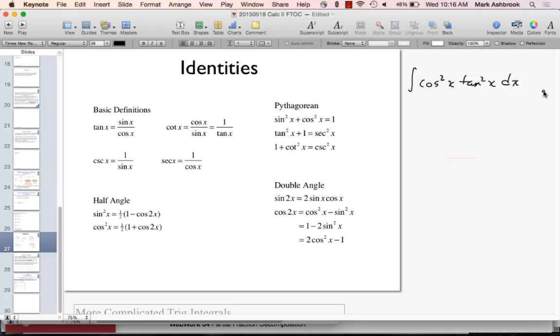So that's not good. So then what he saw was, oh, tangent is sine over cosine, so tangent squared would be sine squared over cosine squared. And you should immediately see that that is very helpful. Why? Because then you have a cosine squared in the numerator and a cosine squared in the denominator, and those go away. Leaving